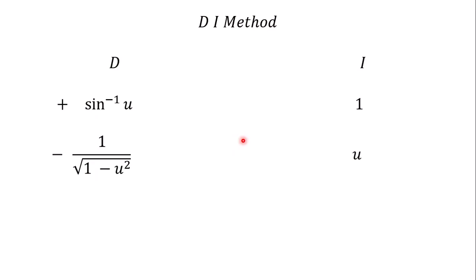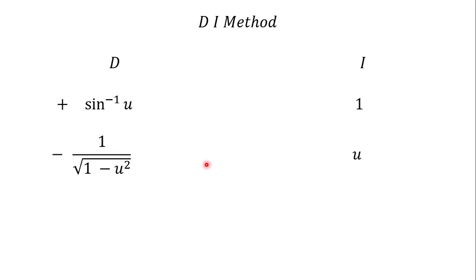But in writing your answers, we consider the first row as part of the product of the diagonals, which gives us the answers. Okay, so the first part of the answer for the integral of sine inverse of u du